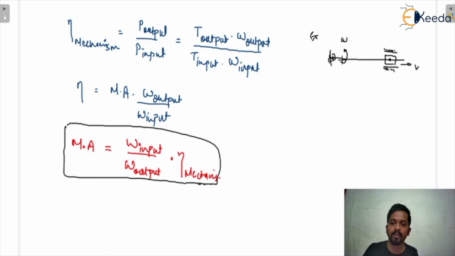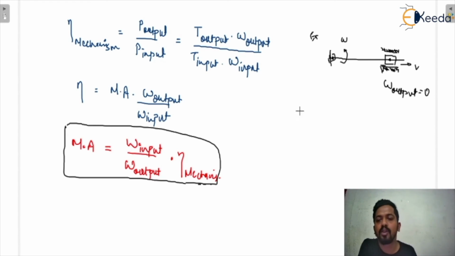And when you give omega rotation to the link, you will get the slider in sliding motion. So basically at output omega is 0, yes or no? At output omega is equal to 0, that means no angular velocity for the slider, because it is constantly in motion in the horizontal direction only. It is constant motion, so the angular velocity at output is 0.